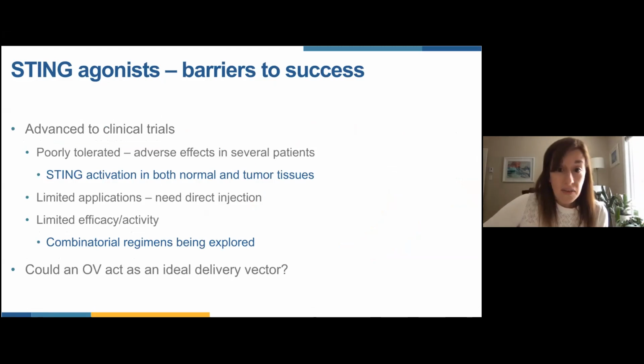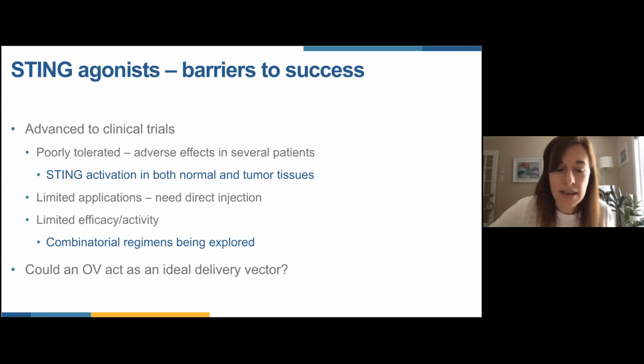Now, there are barriers to success, and even though stimulating the STING pathway using these molecules is super exciting, and indeed in preclinical work the data is very convincing and strong, there are some complications that make it difficult for these agonists to advance to clinical trials. One is that they have a lot of adverse effects. So in other words, they are very toxic. And because they are so toxic, they cannot be given systemically. So in other words, they have to be given by intratumoral injection just to try to limit the toxicity associated